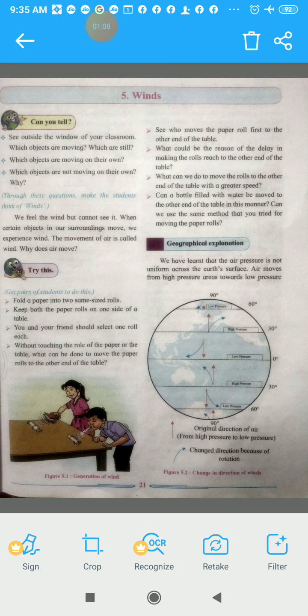Also, you can see on the earth's surface, the areas are marked with high pressure and low pressure. The latitudes are marked, that is 30 degrees to 60 degrees. You can see 30 degrees north is high pressure, 60 degrees north again low pressure. Then the equator is low pressure. 30 degrees south is high pressure, and 60 degrees south is low pressure. Let us now understand what they are actually trying to say. So come to page number 22.